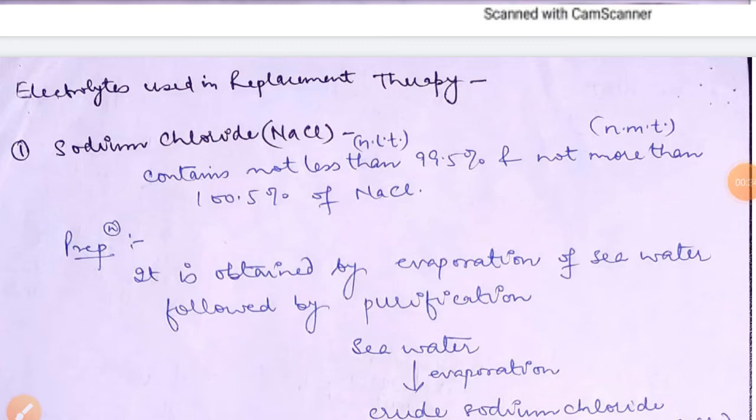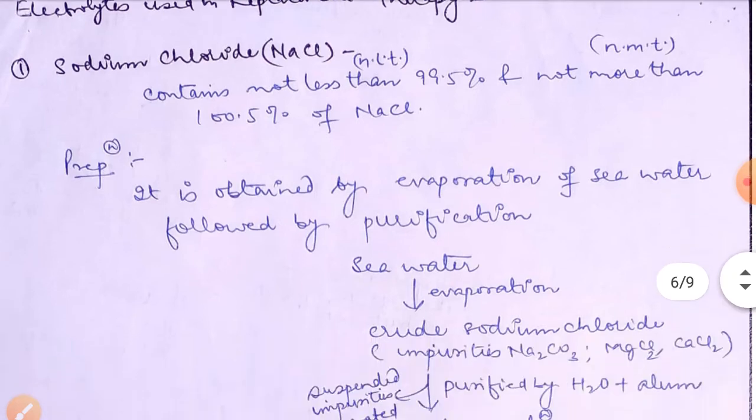First is sodium chloride, NaCl. It contains not less than 99.5% and not more than 100.5% of sodium chloride. Now the preparation is it is obtained from the evaporation of seawater. Because we all know that the salt comes from sea, that's why it is obtained by evaporation of seawater followed